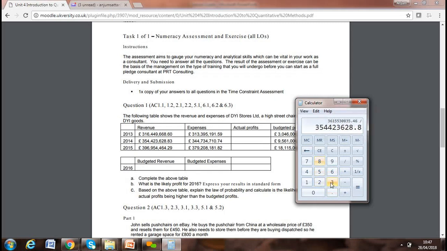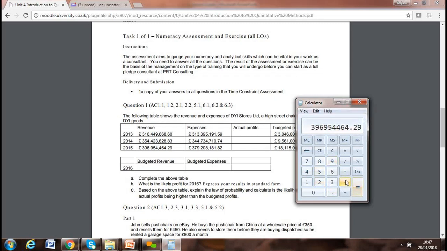628.83. Sorry, I just want to go slow. I think we missed the figure. We'll do it again. 396,954, 464.29,